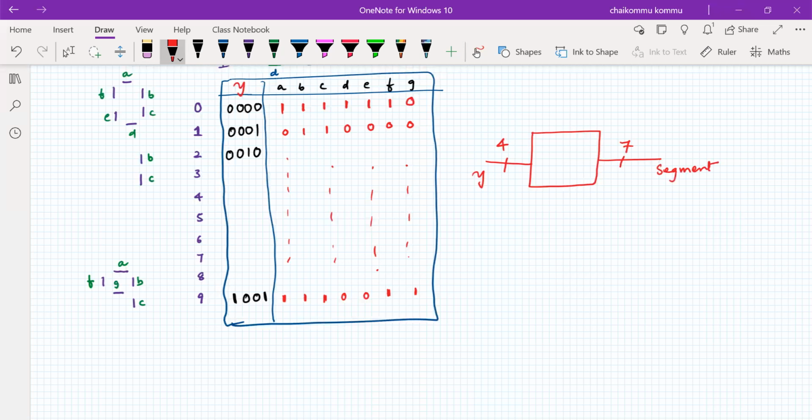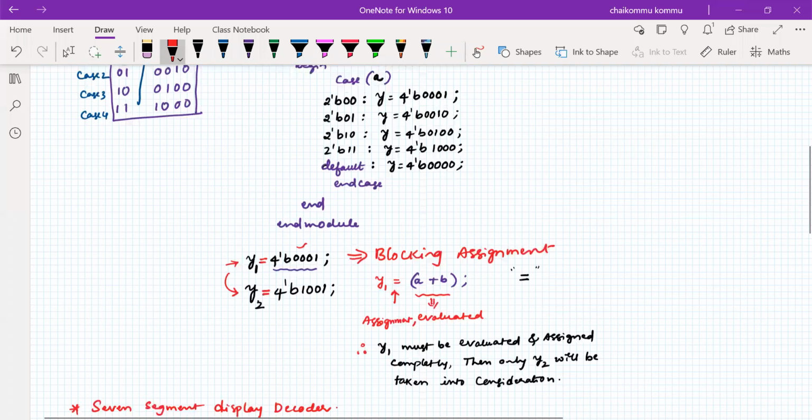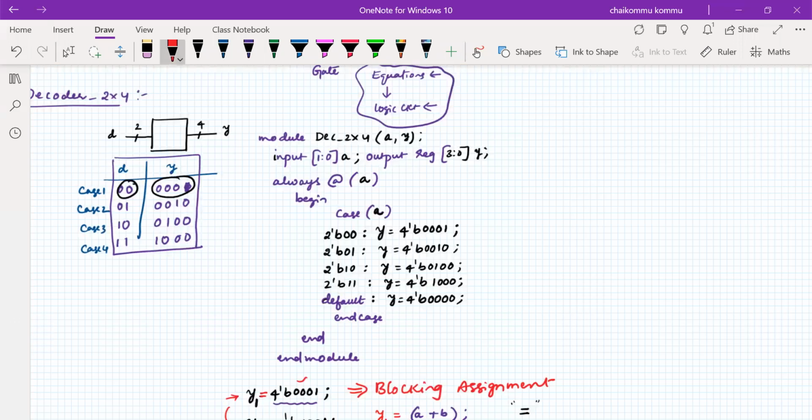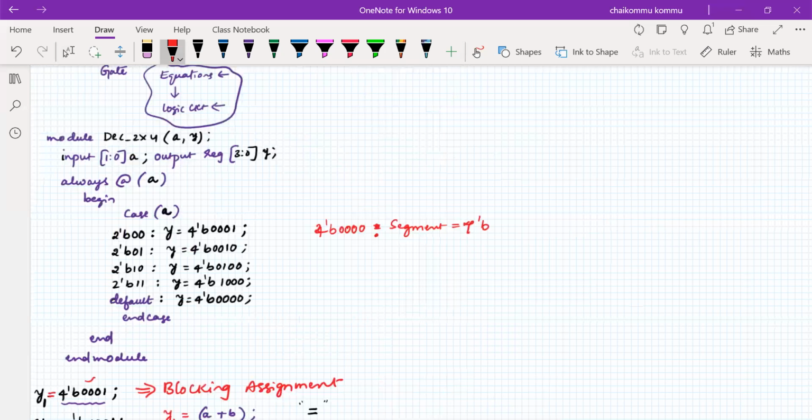Then it is possible to write the Verilog program for this. Just use the case statement, write it as a homework. Here you can write it for the combination: for example, 4 bits of all zeros means segment is equal to 7 bits of, what will it be?